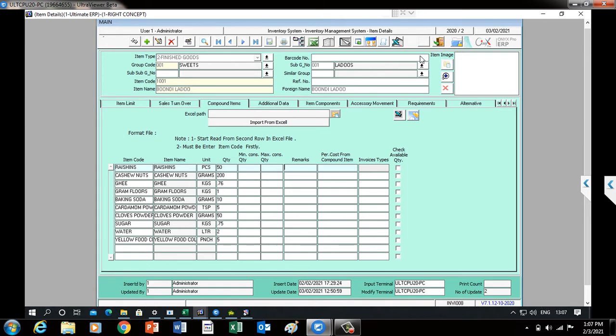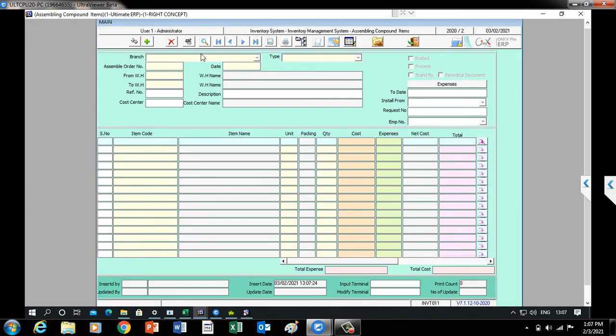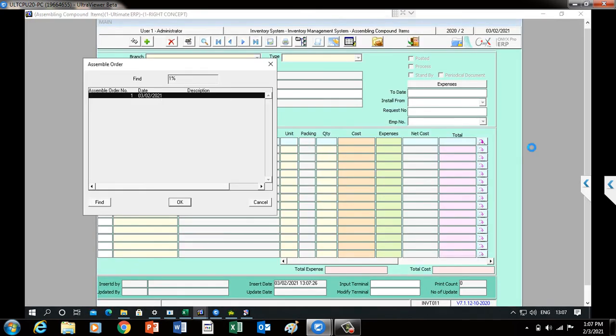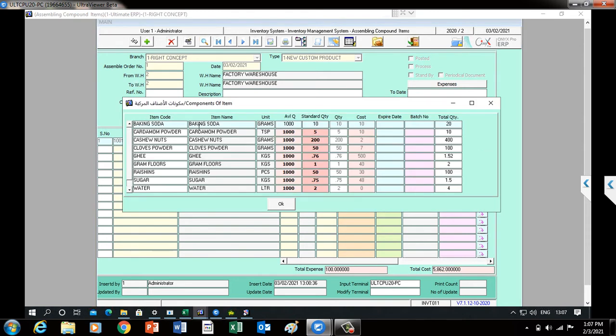After this, we go to the transaction in assembling compound item. After making this laddu, we select the warehouse, the factory warehouse, the item bundi, this quantity, and the cost will come automatically. If you want to see how this costing came, it shows clearly the item code, item name, and the available quantity in this warehouse, here the factory warehouse.